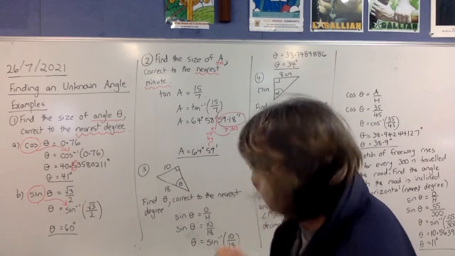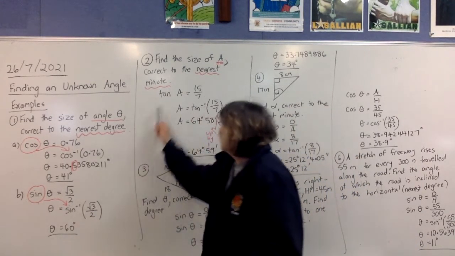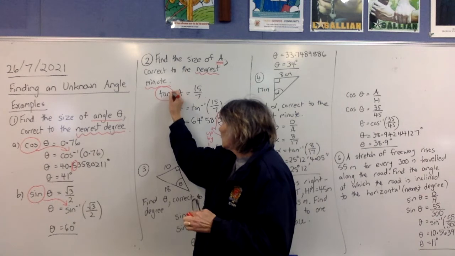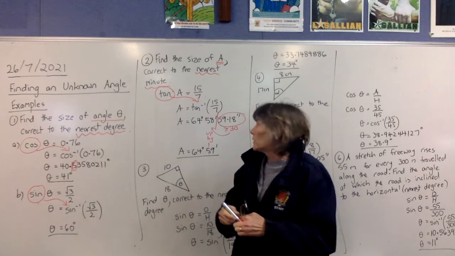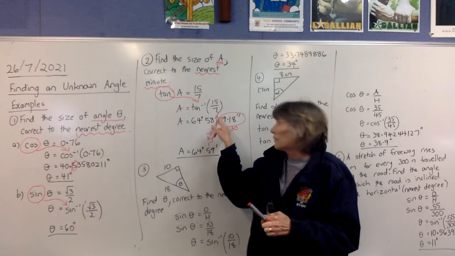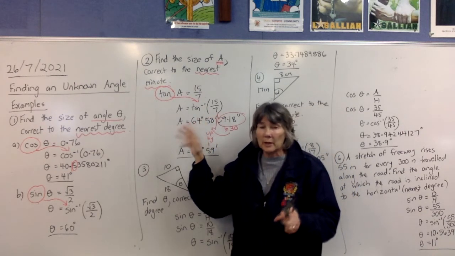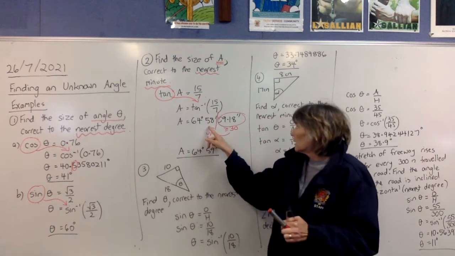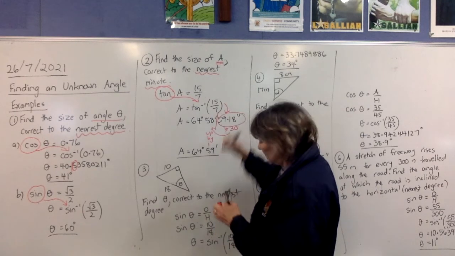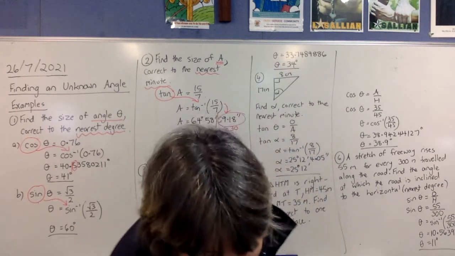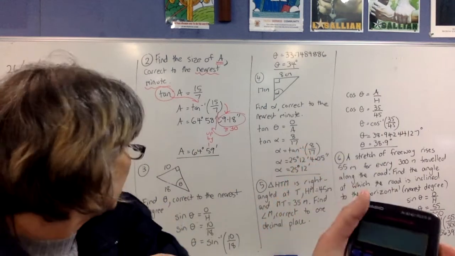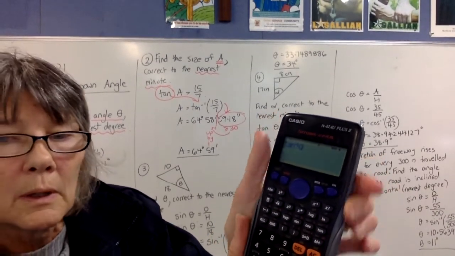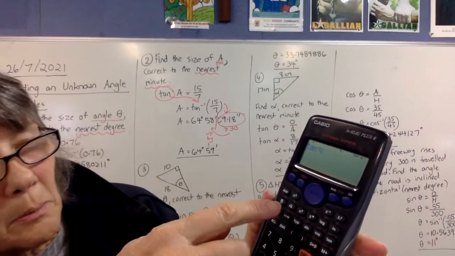Okay, looking at the next one. So we have been given tan A equals 15/7. We want to get angle A, we're getting rid of the tan, so over here we're doing inverse tan of 15/7. Go to your calculator and do it the way I just did it with you then, with your fraction key. Make sure you close your bracket off. And then, because we're doing to the nearest minute, I might just actually go through this one so you can see. So just going through your calculator again, we're doing shift tan this time. Then we want to put the fraction in, so fraction button,